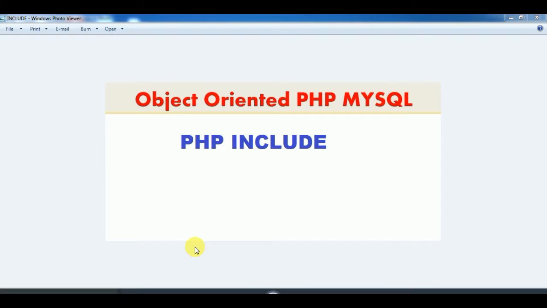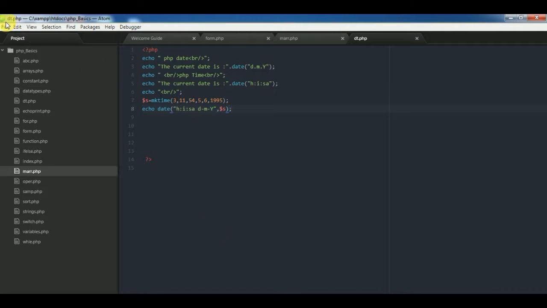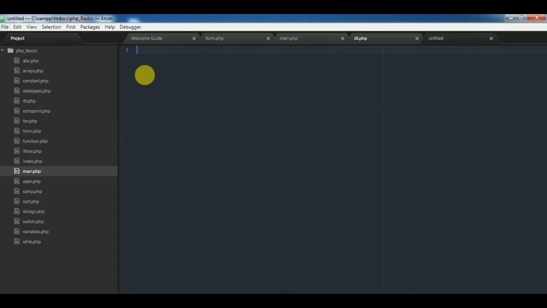Hello everyone, in this video we will see the PHP include statement. So let's first write some code and see practically what this include means. So coming to our IDE, first we'll create a file here and save it as